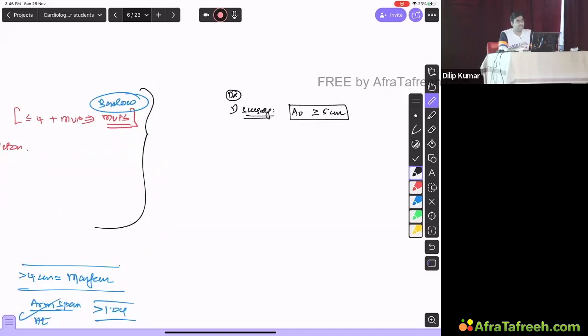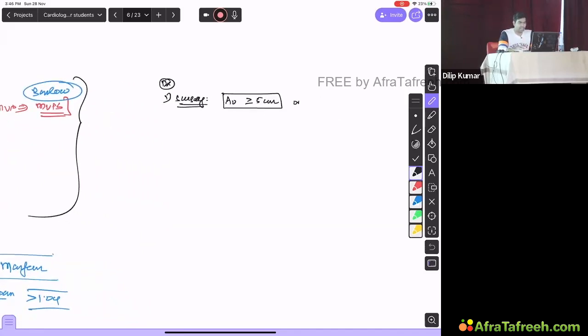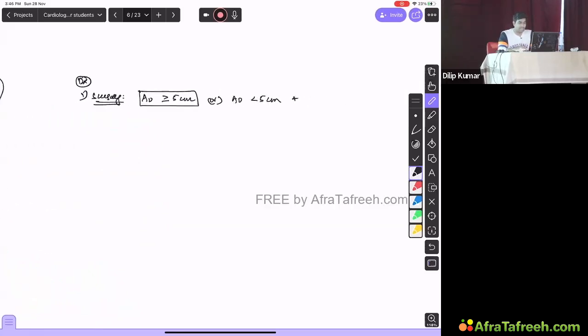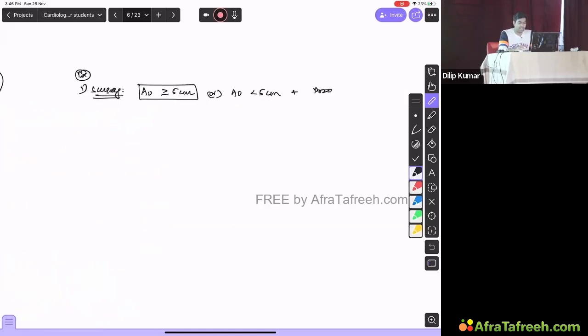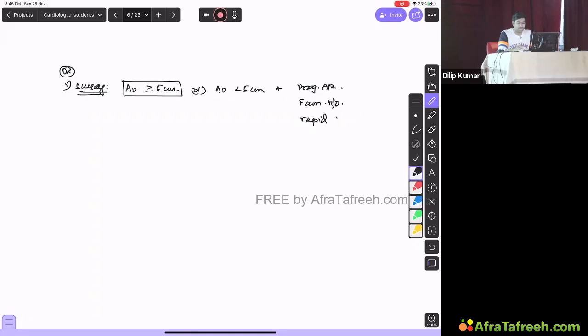Whenever aortic diameter is more than 5 centimeter, you have to do surgery. Or alternatively, you can do it at less than 5 centimeter itself, plus if the patient is having any one of progressive AR or family history of aortic dissection or rupture. If there is a family history of somebody who died because of aortic dissection or rupture, or if the aneurysm is exhibiting rapid growth of at least 5 millimeter per year,